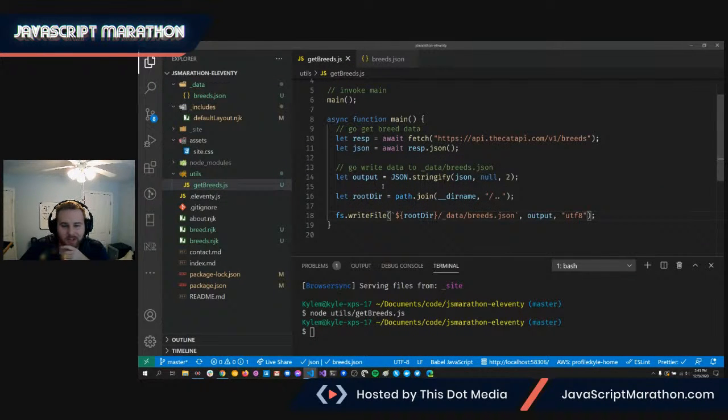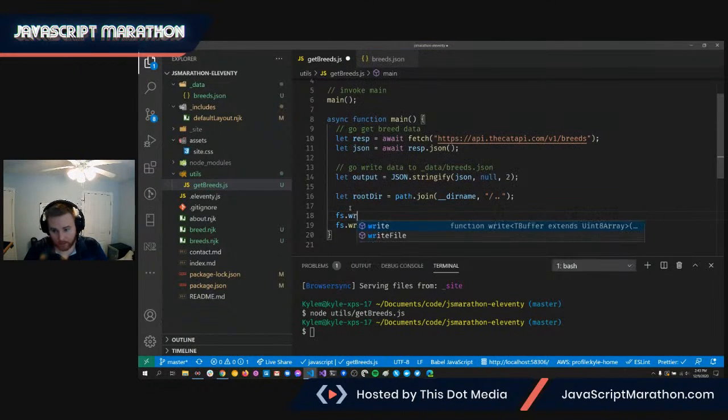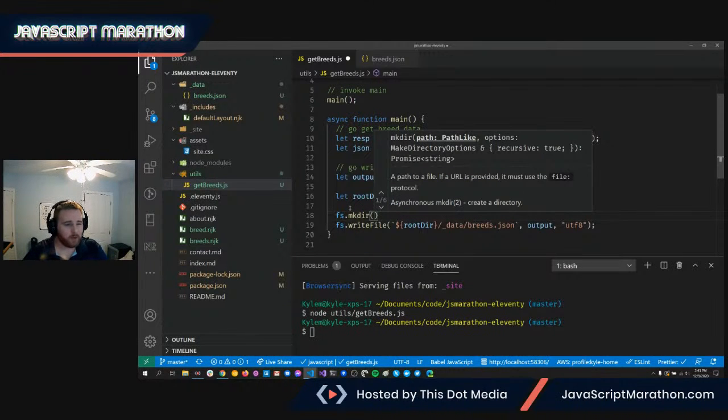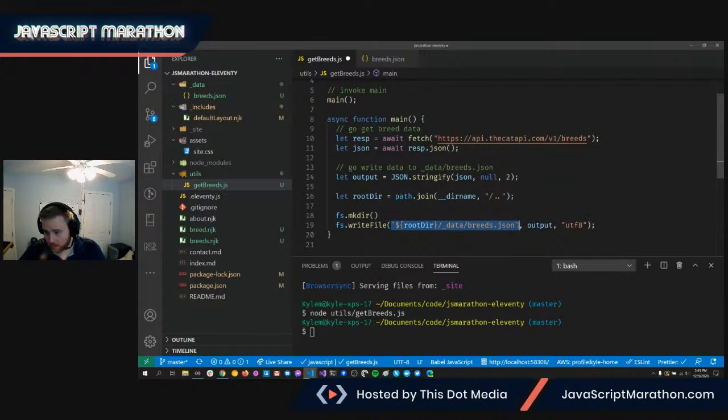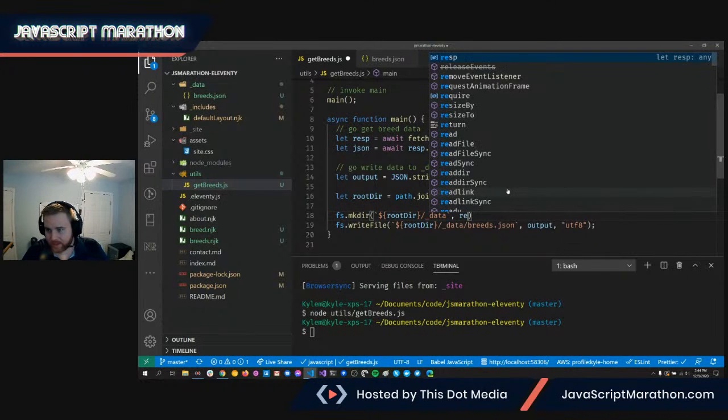One thing for safety we should do also is this data directory might not actually exist on the server too. So one thing we'll do is call fs.mkdir, or make dir. And if you're familiar with bash commands, mkdir is also the name of the bash command for making a directory. And we're going to make this directory from here. This is the directory that we want to make, to guarantee that this directory exists. And one flag we can throw into here too, if we add recursive